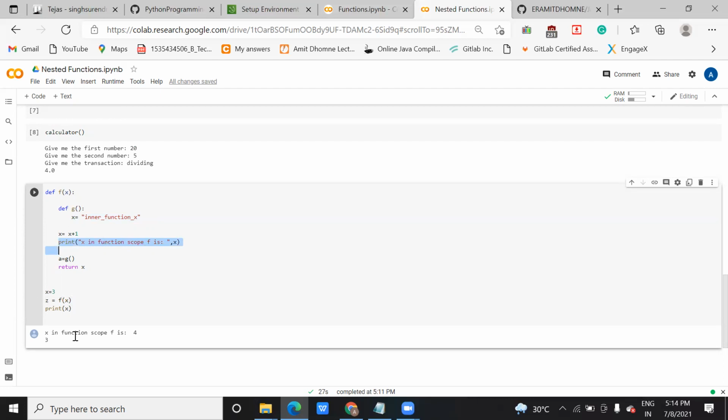And the next is your 3. So this 3 will be your global variable. So I am adding this. I am going to upload both of these codes. You can practice on this.